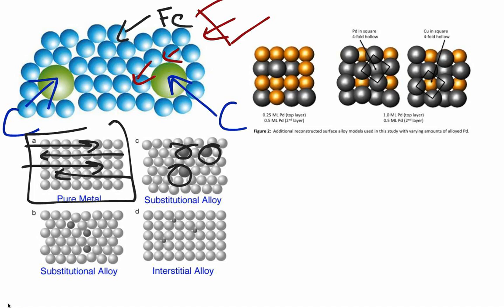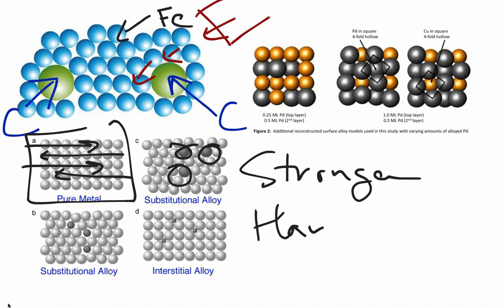Now, why would we want to reduce the malleability of the metal? Well, it makes it stronger, it can make it harder, and so these are good properties of metals. Sometimes metals are too malleable, or too ductile, they're too soft to be of any practical use. Just like pure iron is too soft to use as a construction material. But steel, now, that's a stronger substance. So a lot of times when they talk about alloys, the reason we have the alloys is to make those pure metals, which are very soft, malleable metals, stronger.